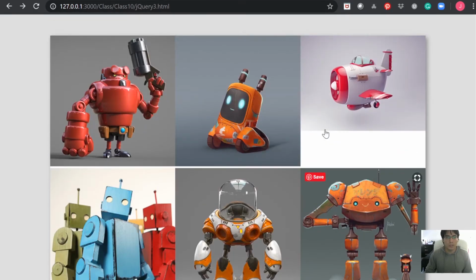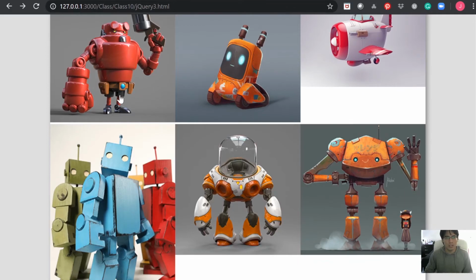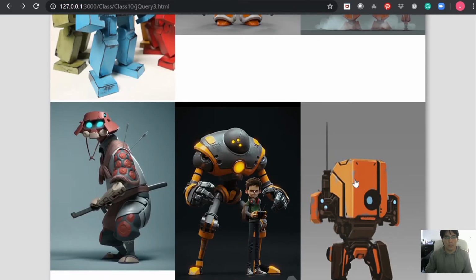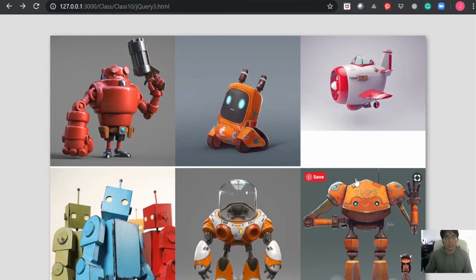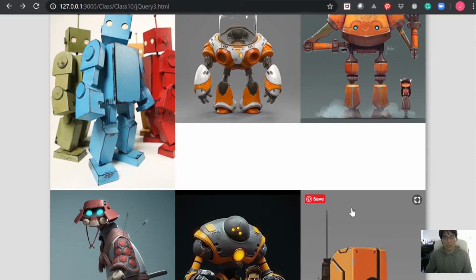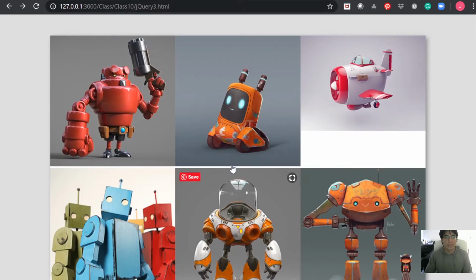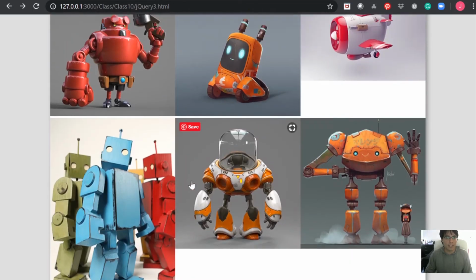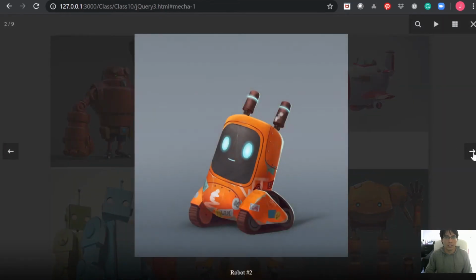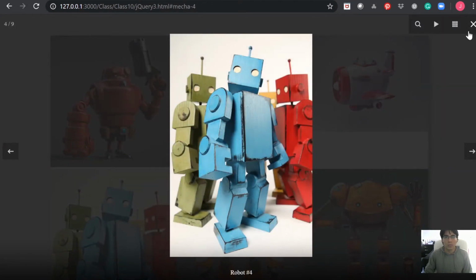I have 3 columns, but as you see, it's creating like 3 different rows to display all my images, and I want to have a more fluid type of layout. I don't want to see this white space between my images. It doesn't look right. I mean, right now it doesn't look that bad, and you can click it and you can see the plugin still working, but